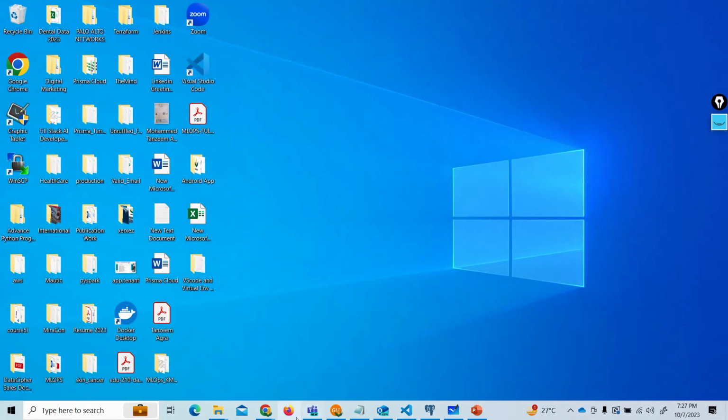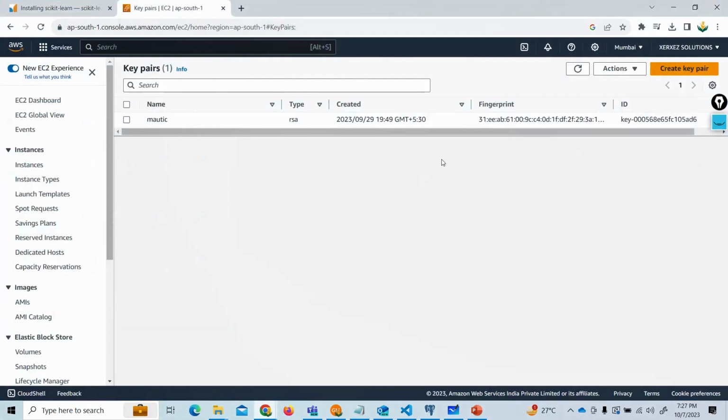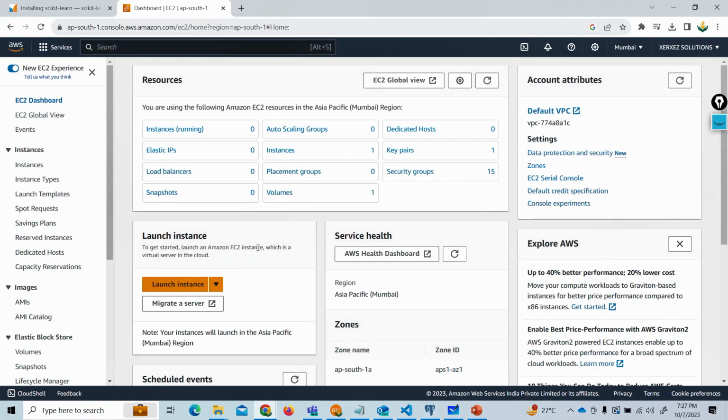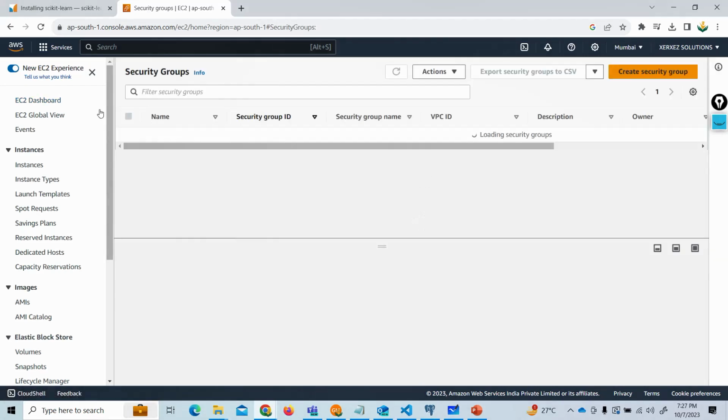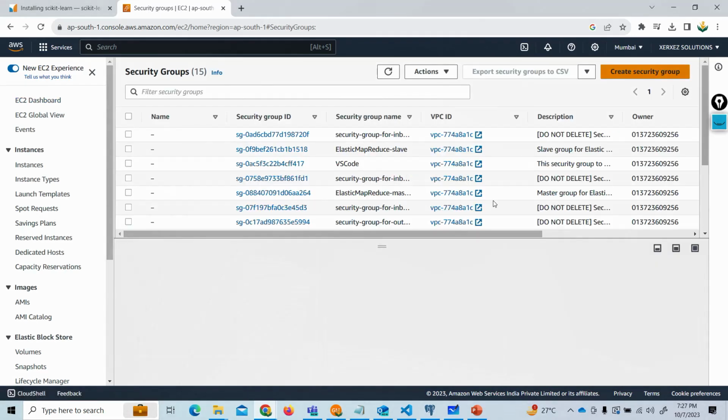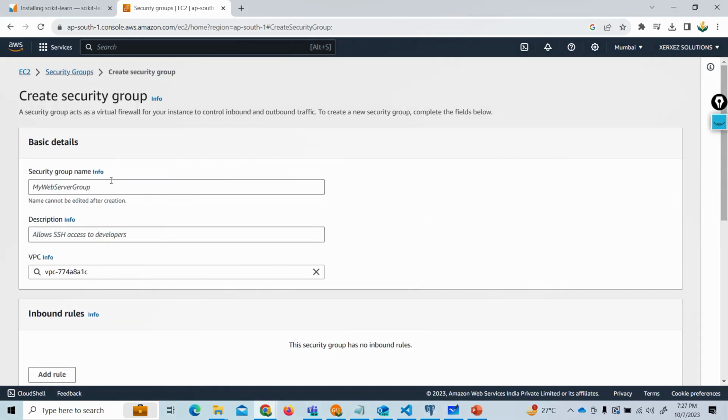After successfully creating the key, next comes creating the security group. As a best practice, rather than creating the security group while spinning up the EC2 machine, it's better to create a security group separately. So how can you create a separate security group? There is an option here called security group. Under security group, you can create directly from here